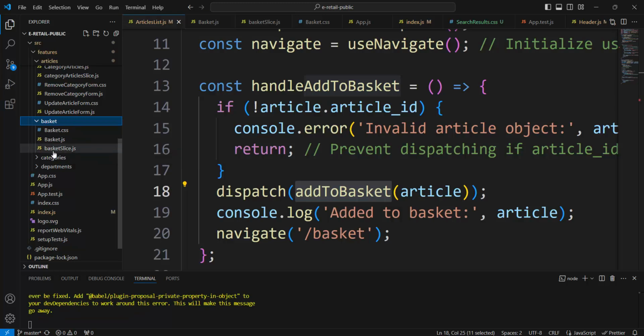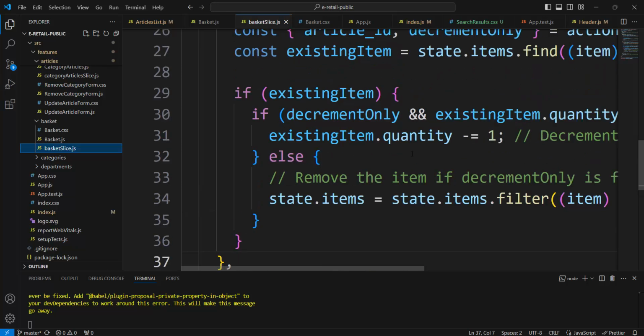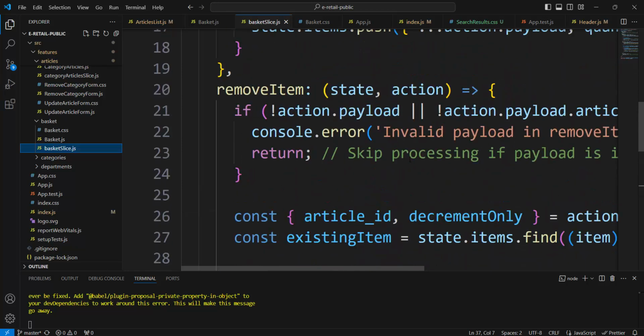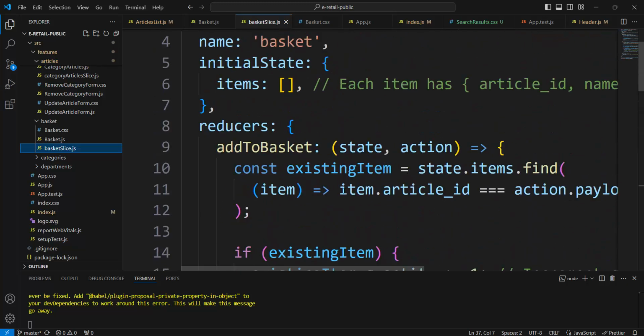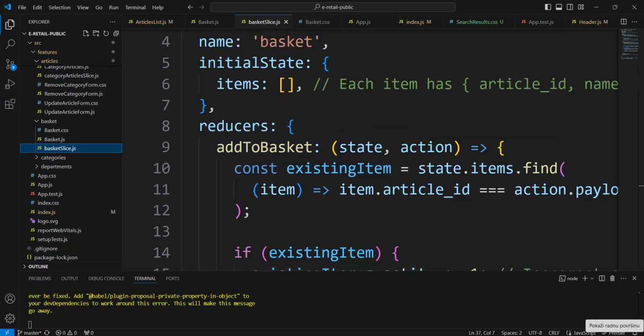A basket, you see baskets, there is a component basket.js and basket CSS. And now we need basket slice to see how it is coded by artificial intelligence, ChatGPT. Here it is, basket slice. What I found is a reducer. It is not extra reducer, it is reducer. We have it in a 454 application,